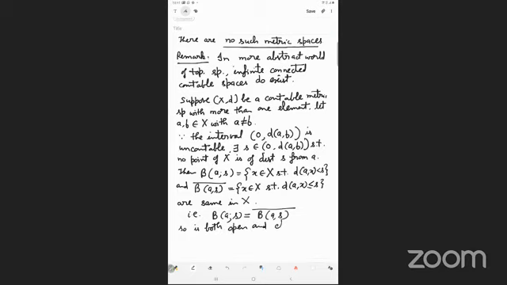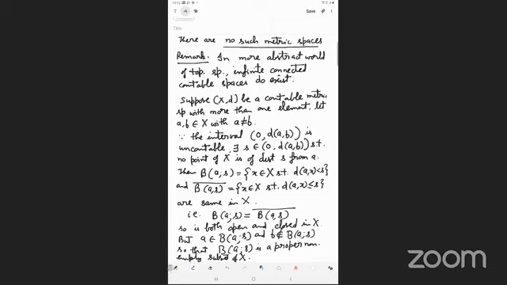and closed in X. And once this is done, our work becomes easy. Then we can say that a belongs to this set and b does not belong to this, so that this is a proper non-empty subset of X. Then B(a, s) is a proper non-empty subset of X which is open as well as closed. So we can say that X is not connected.